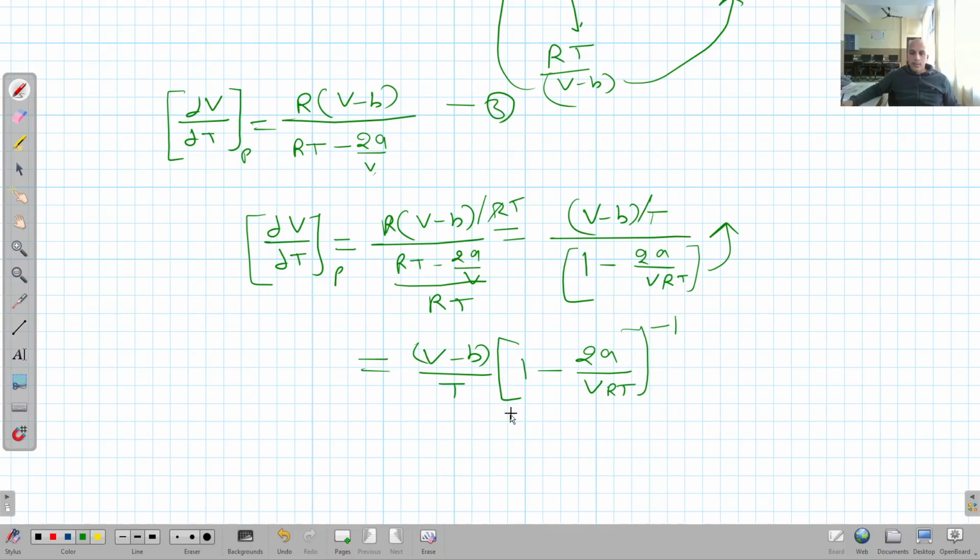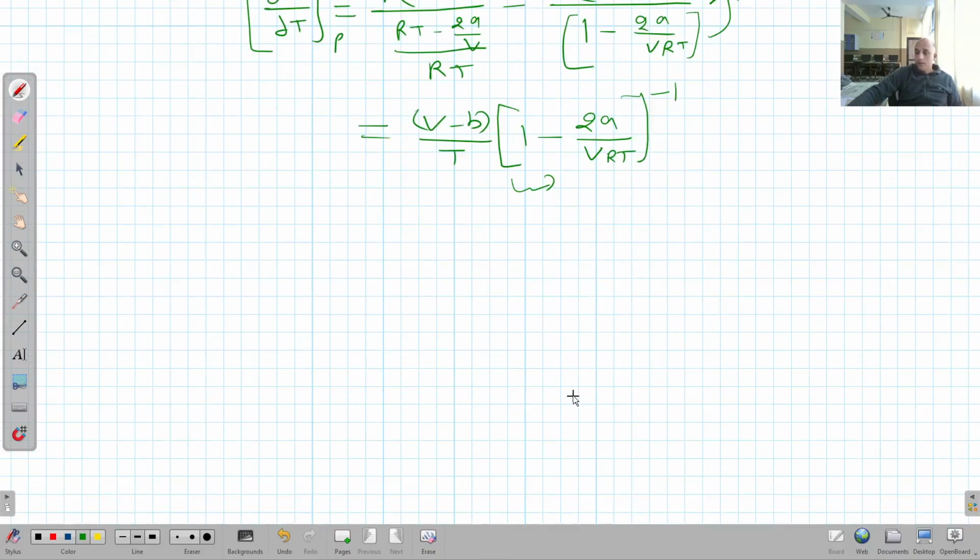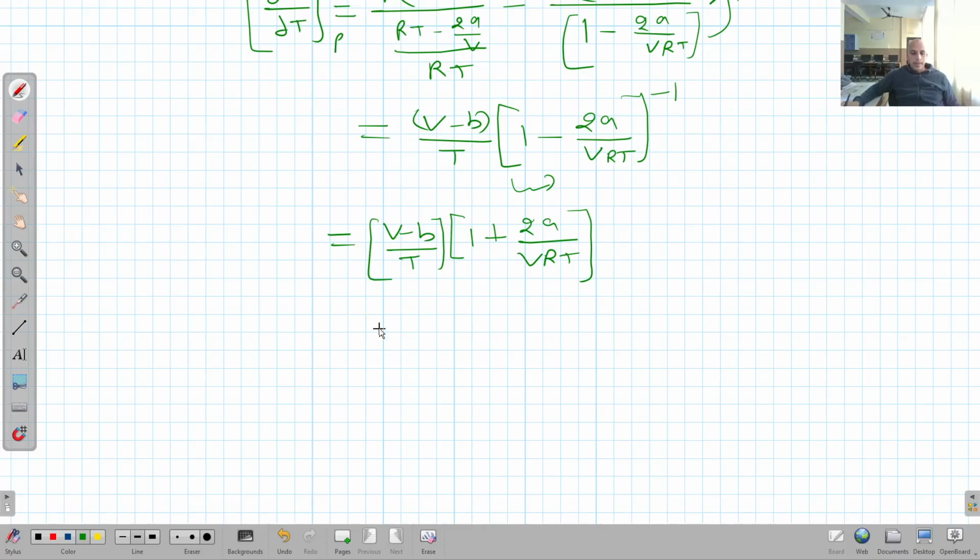Now I'm going to expand it by binomial theorem, neglecting the higher order terms. Clear? Then we get this is equal to b minus b upon t, into 1 plus 2a upon BRT. It will become plus because of this minus term. I have ignored the higher order terms. We will multiply it, and after multiplication we will get b minus b, clear, upon